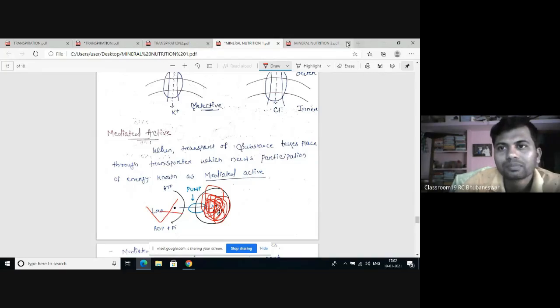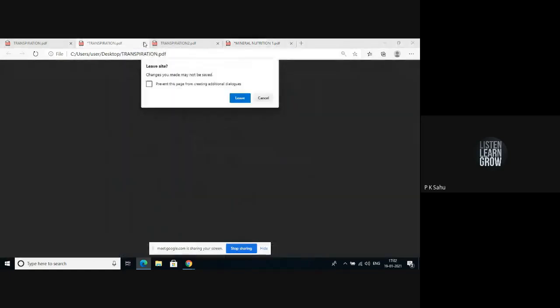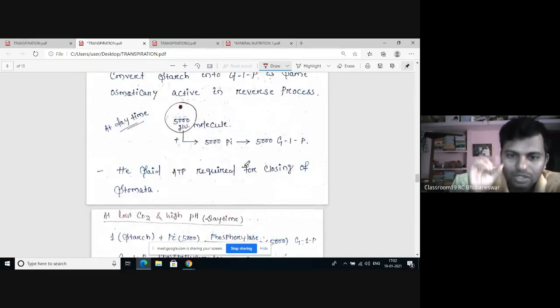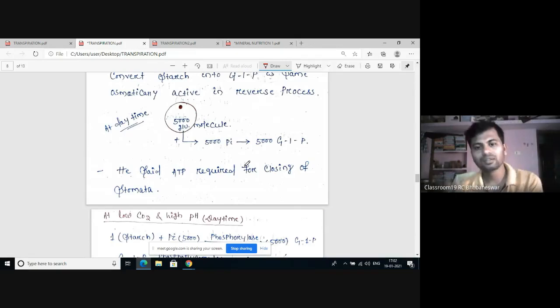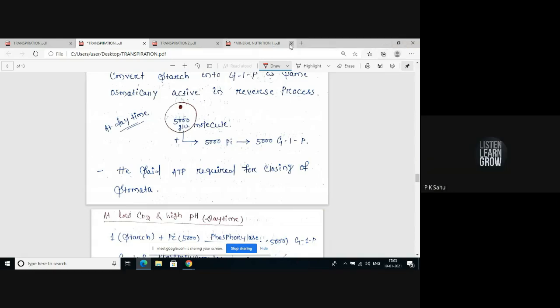It is a mediator which can transport particles from lower concentration to high concentration. A pump is a membrane protein which transports ions from their low concentration to high concentration, by using the energy of ATP. So we can also call a pump an active process, because in active transportation they also need energy in the form of ATP.